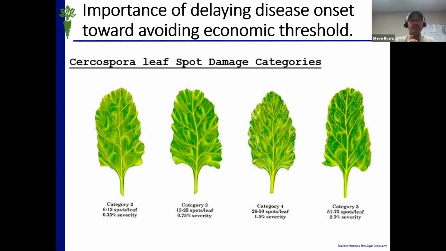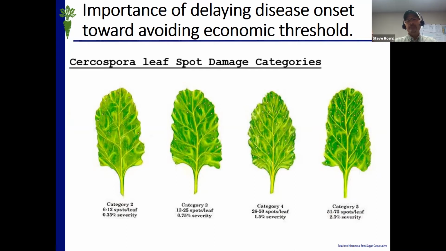And that gets to, as I mentioned, the importance of delaying disease onset toward avoiding economic threshold. If you recall, the Cercospora leaf spot damage categories that were created back in the 1980s and 90s indicated that a category 6 was what they considered to be economic threshold. However, some of the data that we've been collecting in southern Minnesota beet sugar, where we are in one of